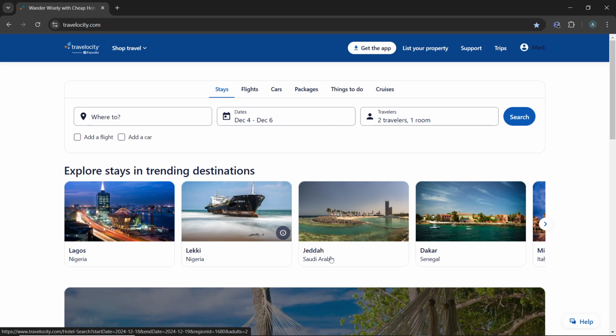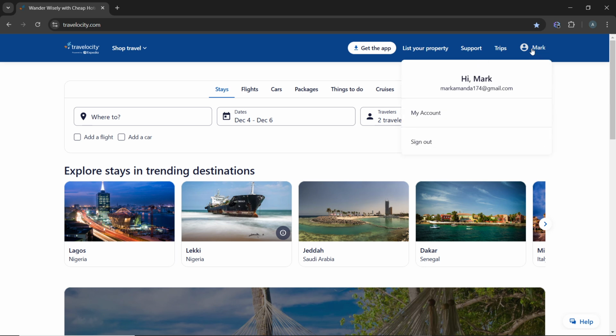So now they're in this homepage. The next thing you're going to do is to click on your profile name, which is in the top right corner of the screen. Once you click on that, it takes you to this drop down menu. So from this drop down menu, the next thing you're going to select is